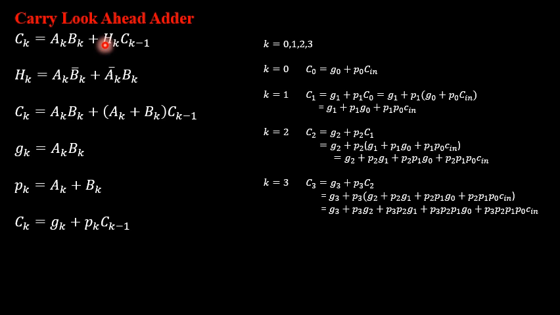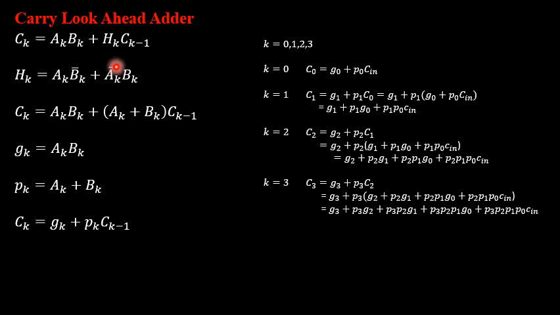Hk is considered just like a half adder sum output, which is expressed in terms of Ak Bk complement plus Ak complement Bk. This much we have already seen in the concept of full adder design. From this concept itself, we can design a carry look ahead adder cell, wherein I have replaced this value of Hk, that is Ak Bk complement plus Ak complement Bk, which is nothing but an XOR gate. That Hk, which is an XOR gate, can also be equated in terms of an OR gate. This is one of the derivations you will have in a higher semester, but for the time being you need not concentrate much on it. Just remember that the XOR gate can be replaced by an OR gate.